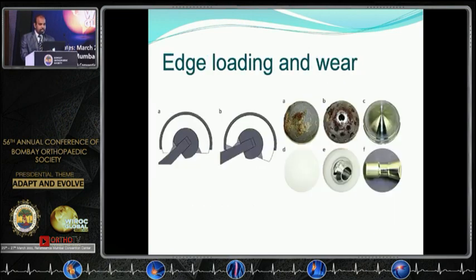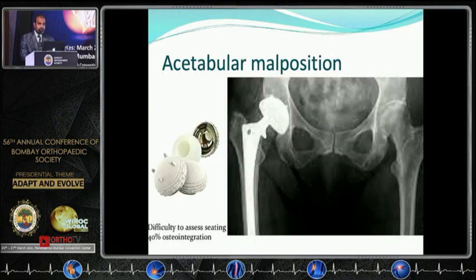As already described, edge loading and wear were also an issue with the older generation, in which a stainless steel cup was used. Now if you look at the component design, there are no areas to put screws, and you cannot see the posterior edge or the seating of the implant. So in a person who is not regularly used to dual mobility, this can cause malposition of the implants. The cheapest implant available currently in India has spikes which were difficult to put in sclerotic bone. In a normal or osteoporotic bone we could implant these, but in a sclerotic bone the spikes would not go in and your position was slightly outside, which causes malrotation,